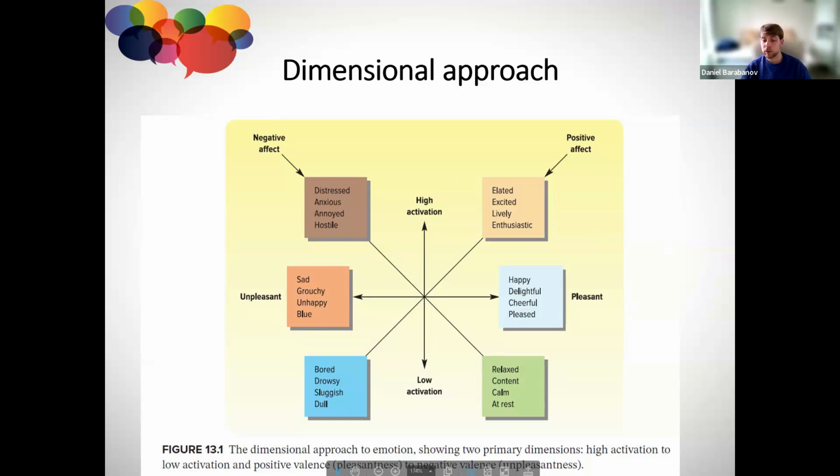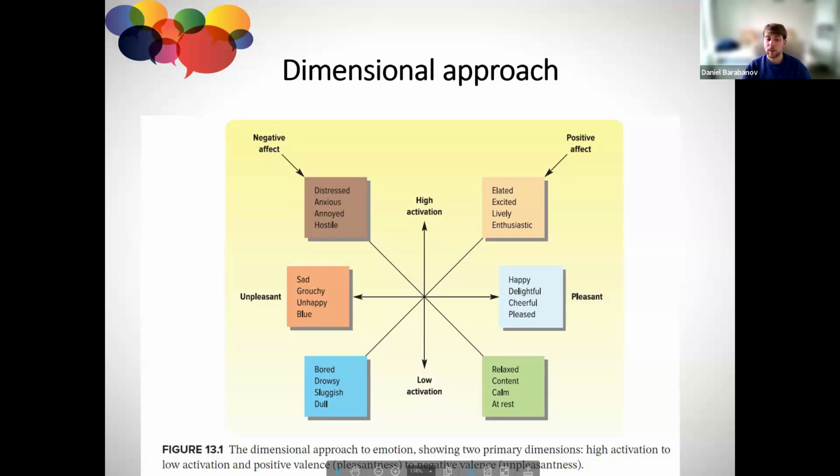So both approaches have their strengths and weaknesses. The categorical approach helps to classify emotions a bit better, but unfortunately faces this problem: if there are a certain amount of basic emotions, how many of those emotions exist? And there is no definitive answer to that. The dimensional approach, on the other hand, deals with this amount of emotions quite well. There can be hundreds of emotional states, and you can place all of them into those coordinates.